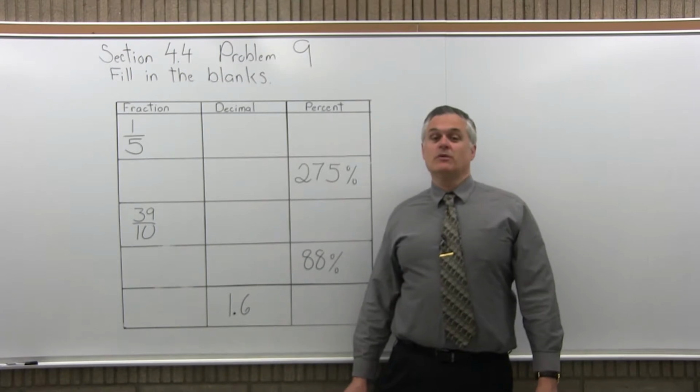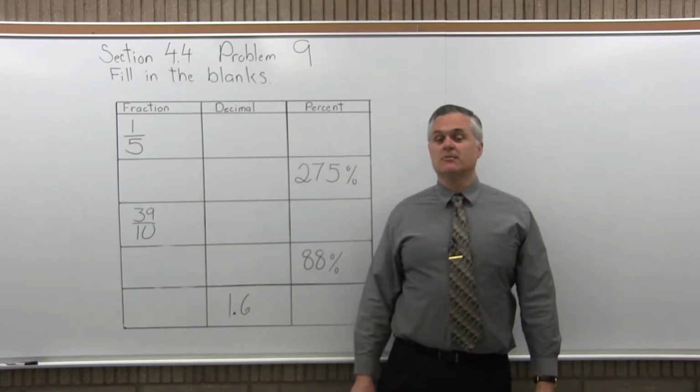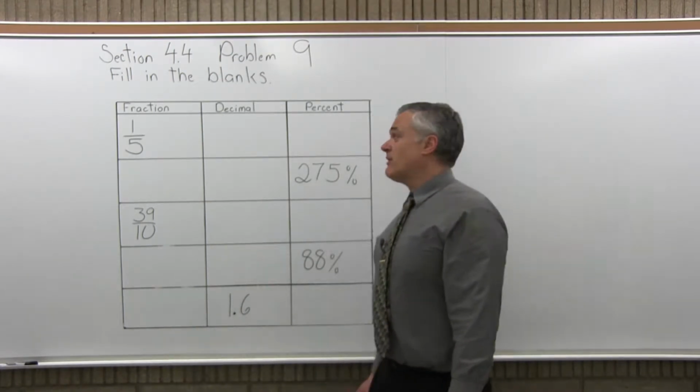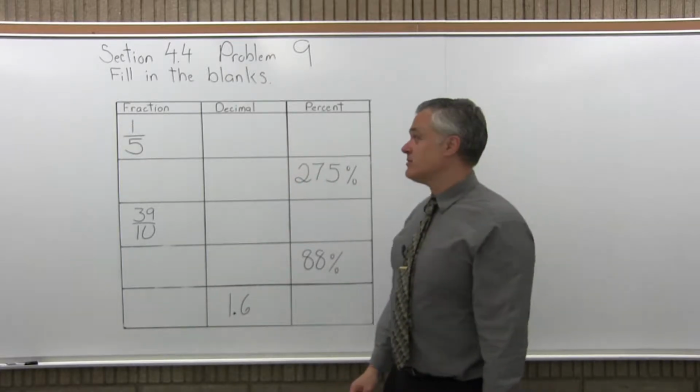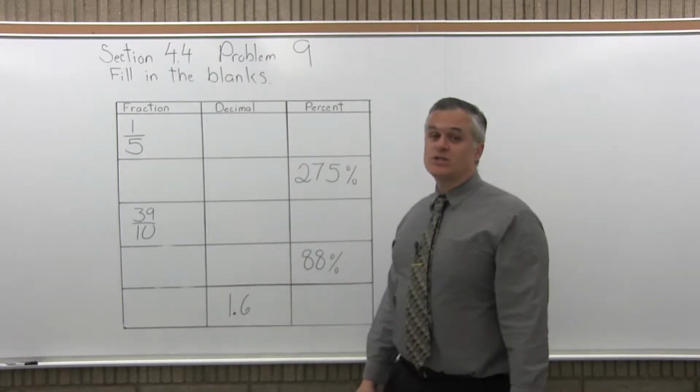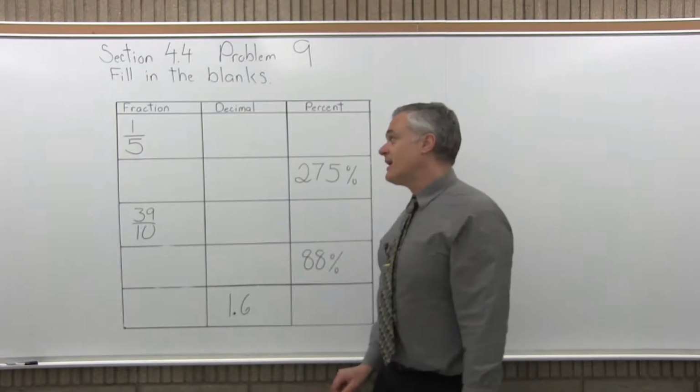This is Section 4.4, Problem 9. It says fill in the blanks. So in the top row, I have 1/5 as a fraction. I need to figure out what it is as a decimal and as a percent. So in its fraction form, what I like to do is, if I can,